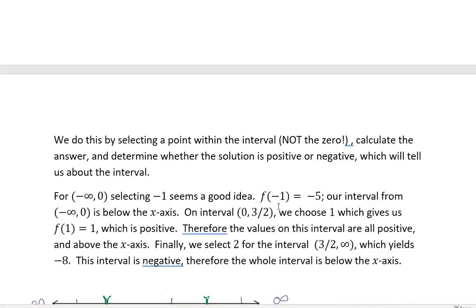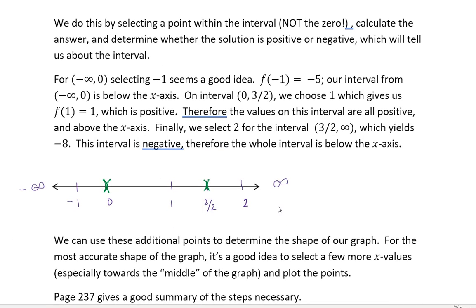I can write that as negative 2x to the 4th plus 3x cubed. Now I'm literally just plugging these values in. So I have a -1, so I'm going to have -2 times (-1) to the 4th,